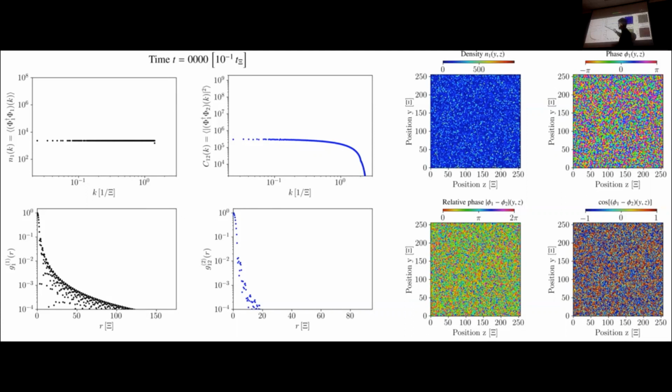This is the second correlation function we look at. It's a 4-point function, so it measures the relative phase between components 1 and 2 at different points in space. So this is actually the G2 function for these relative phases, and that's the Fourier transform again in momenta. It has a similar near box-shaped initial, and very sharply peaked function in R space. Now in real space, it's just a chaotic distribution, and the scale here is essentially set by the